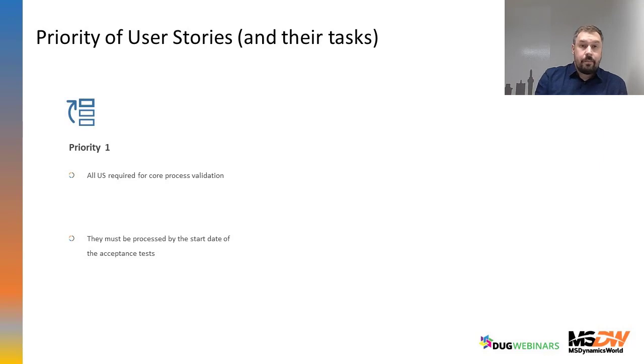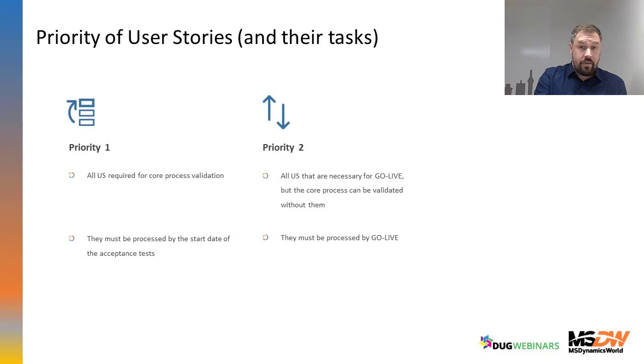For example, if you are implementing Business Central and there is a part where the invoice should be posted, then the invoice being posted should be a user story of priority one. But the print report of such an invoice could be priority two, because